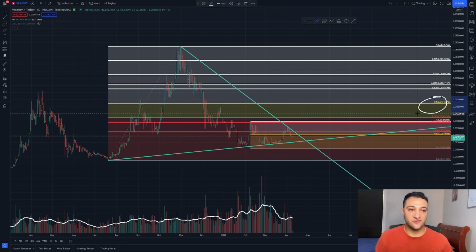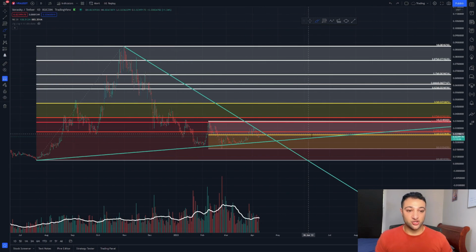I want to see it go to this 50% level at, call it 4.7 cents, 4.8 cents almost. And you can see there's some resistance in these areas here. So this is why the 50% tool is so good, coinciding with some very good resistance areas to have a look at Verasity if it can gain momentum. If Verasity was able to pop above it and find support, that'd be a sign of strength. But at the moment, we're still a ways away from it.